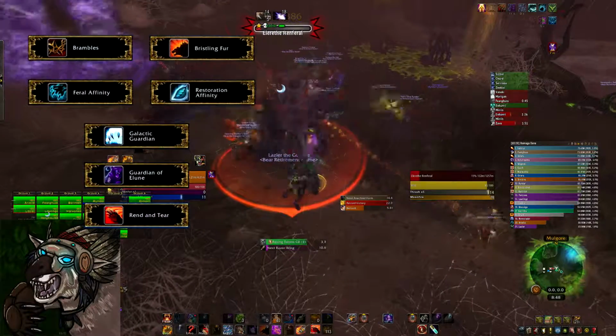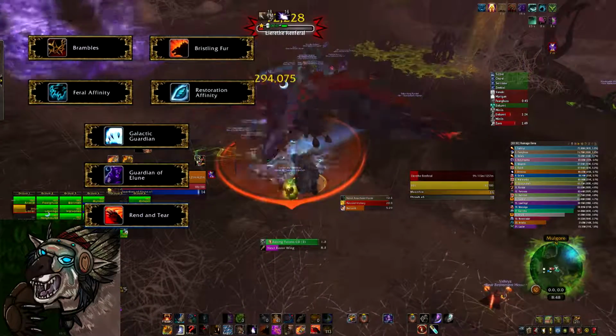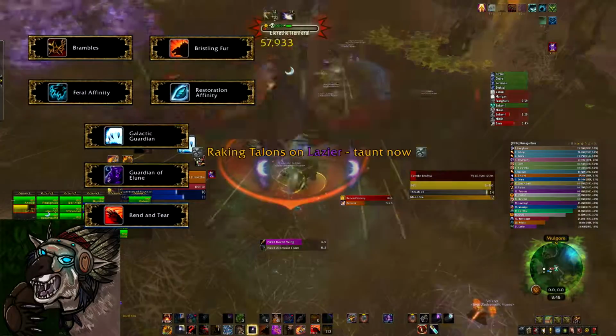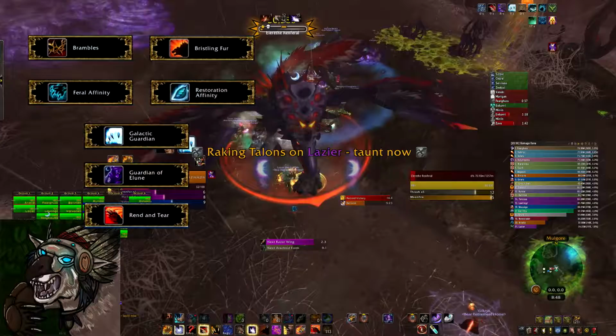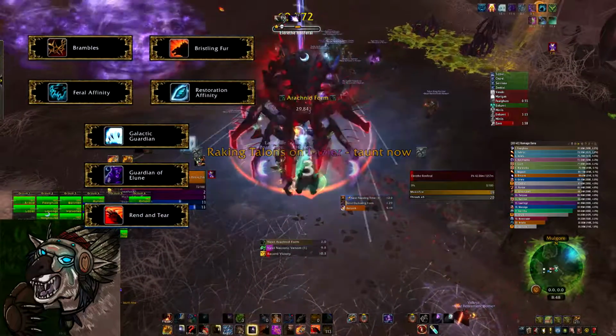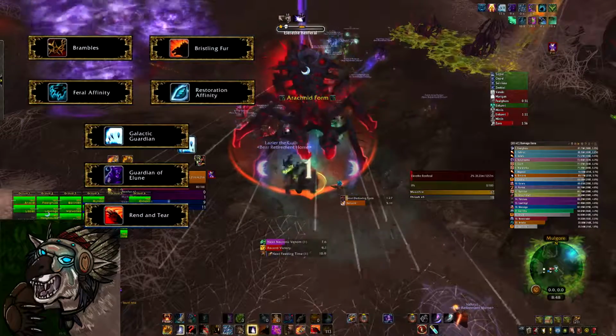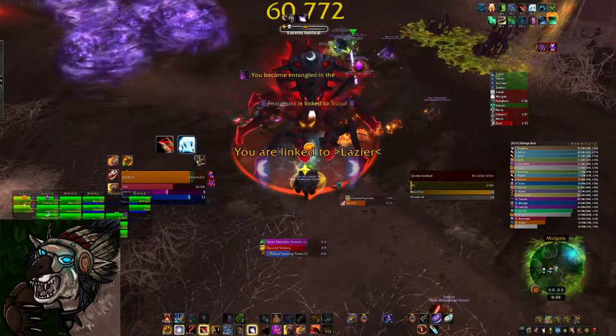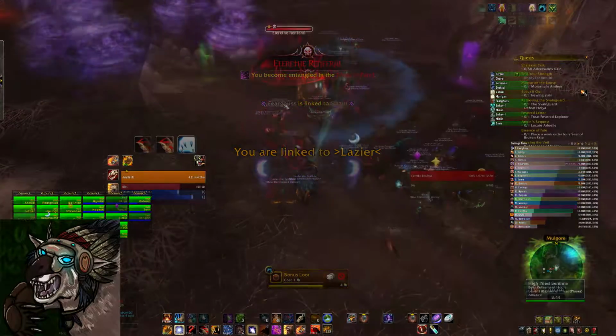In terms of affinities, you can either go with Feral. Just remember you cannot use it while the spider form, i.e. Web of Pain, is active, but you can totally use it in bird form for extra damage, or just take Resto for survivability. The rest of the talents are your standard cookie cutter talents: Galactic Guardian, Guardian of Elune, and Rend and Tear. For Rend and Tear, it's important to remember to make sure you have a